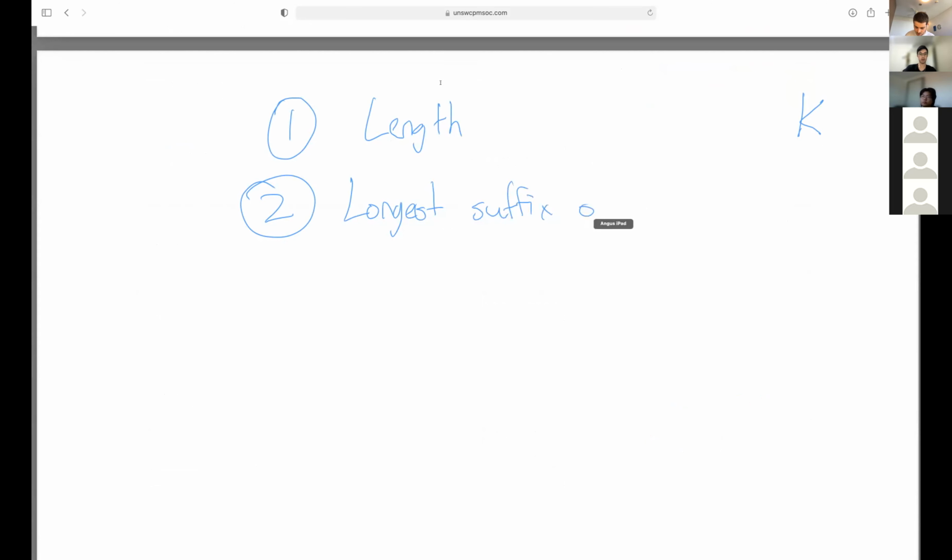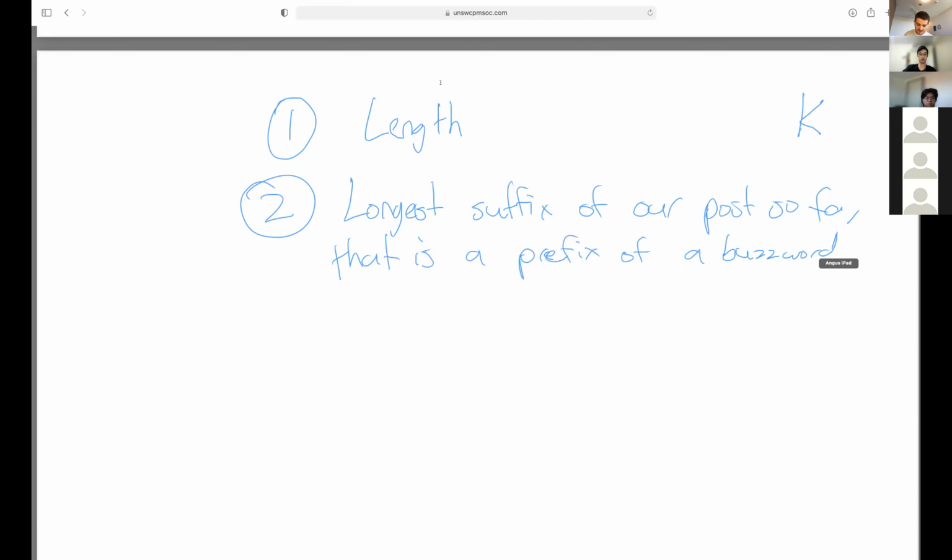We care about the length because we want to have a post of exactly length k. The second is the longest suffix of our post so far that is a prefix of a buzzword.